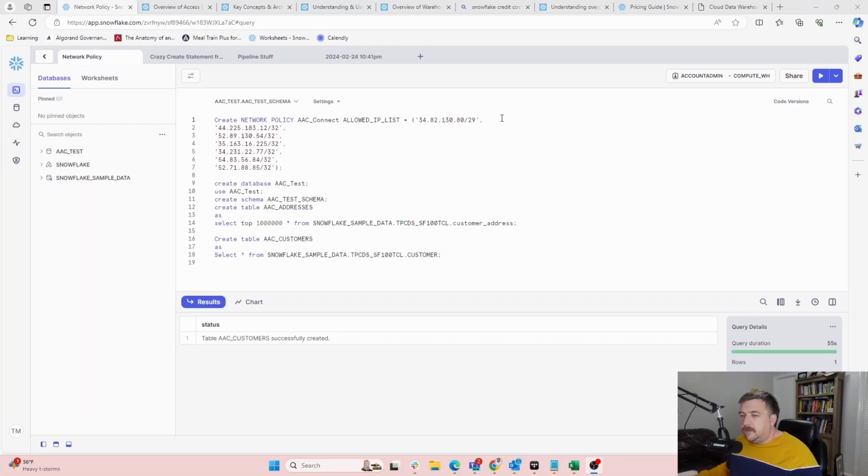Super simple. You might have seen this one on a video that I did before, but we're creating a network policy, and then we're creating a database schema. We were declaring things, just doing queries, and then something simple like this, create table as select, CTAS as they call it, super similar.